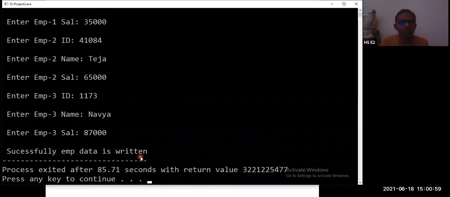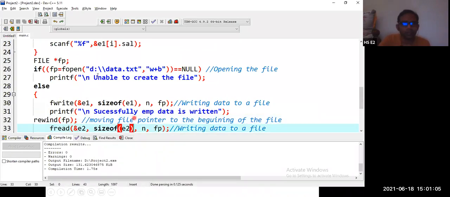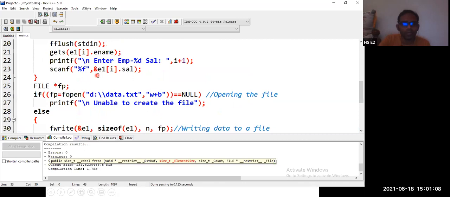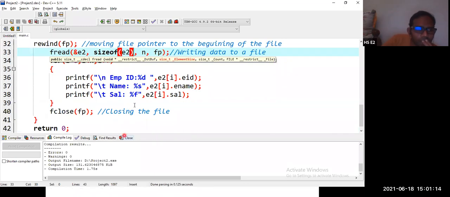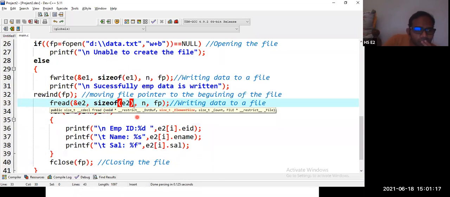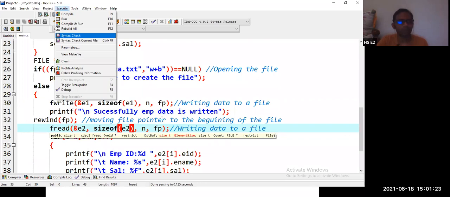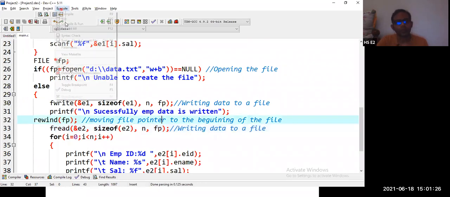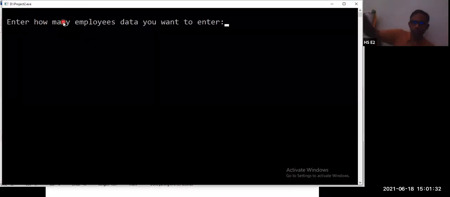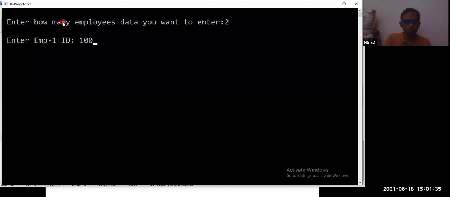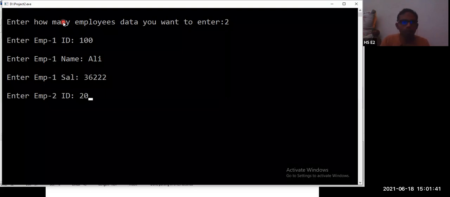Employee data is written successfully, then there is an error. God knows what exactly is happening. Why is it not accepting the third record? That is bothering me. It executed successfully for 2 records, right? Let us execute, compile and run. Two employees, ID 200.